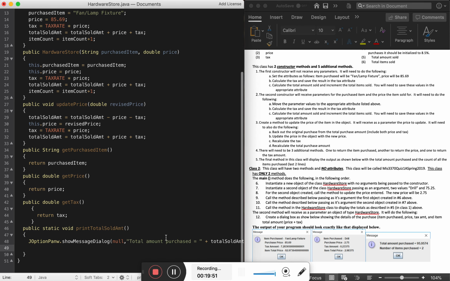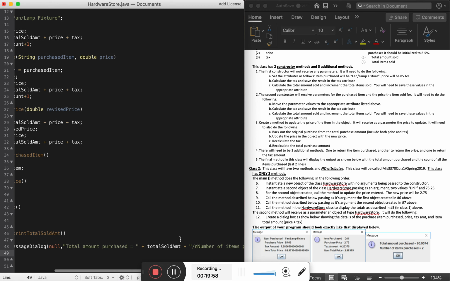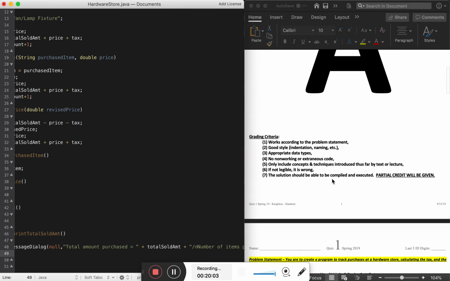Okay, what I did was I wrote total item purchased right here, and then I did equals to 95, and you don't really know it, so that's where you put total sold amount, which is going to be